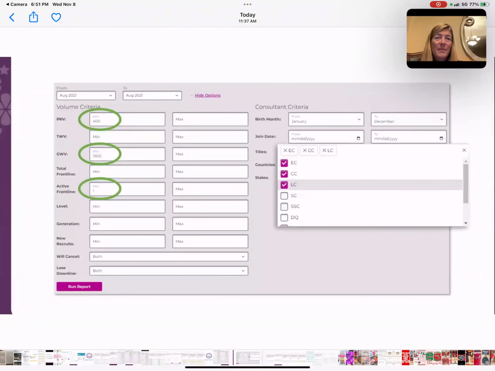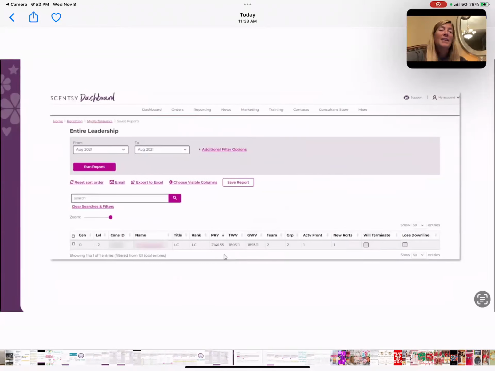Oh, I was going to show you this too. Here's another feature that I use a lot as well, and that is you could do specific titles. Remember how I told you the goal was we're looking to see who could promote to star consultant. So I can go into titles over here and I can just click on essential, certified, and lead. Because if I put star consultant, SSC, DQ, whatever else in, that's just more data I have to look at that's irrelevant. Because my goal was to see who is close to promoting or could potentially promote to star consultant. So I put these 3 things in. Then I'm going to hit run.